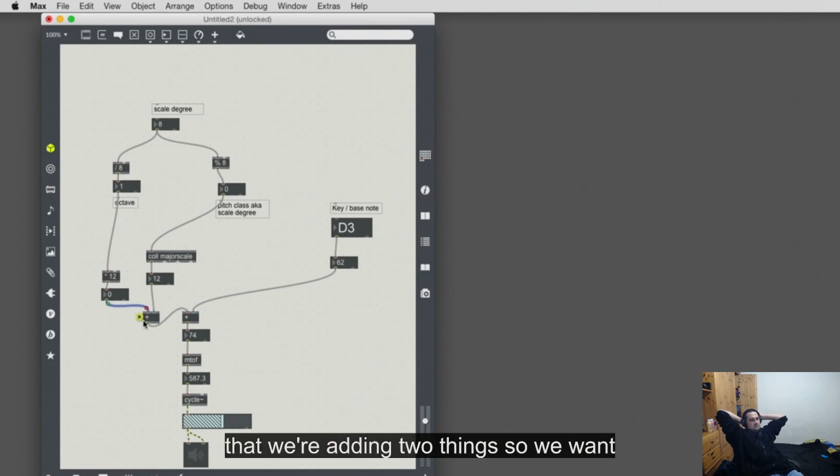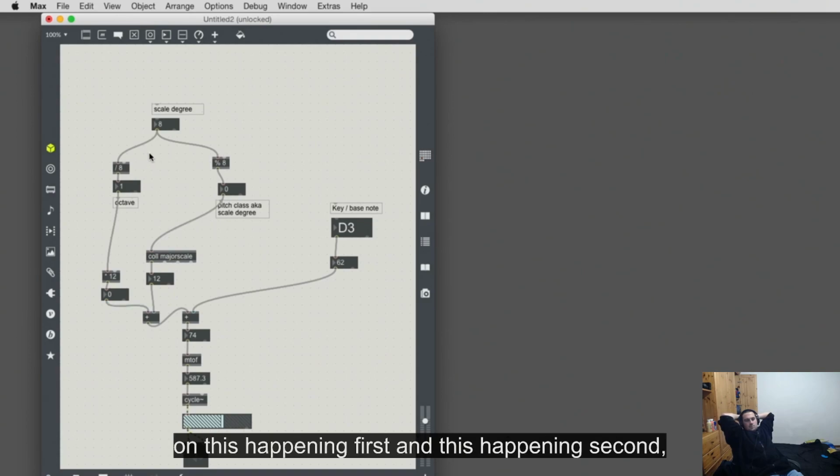And notice that we're adding two things. So we want the right one to go in first and the left one to go in second. And that is going to happen because these are both triggered when I change this number. But now that I'm relying on this happening first and this happening second, just to be careful, I'm going to